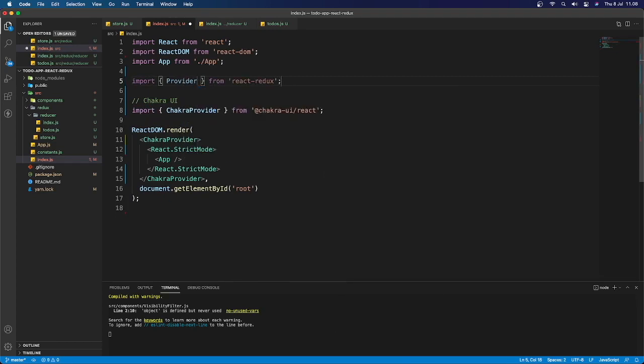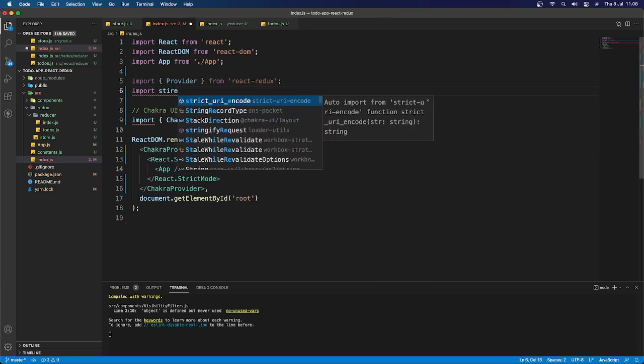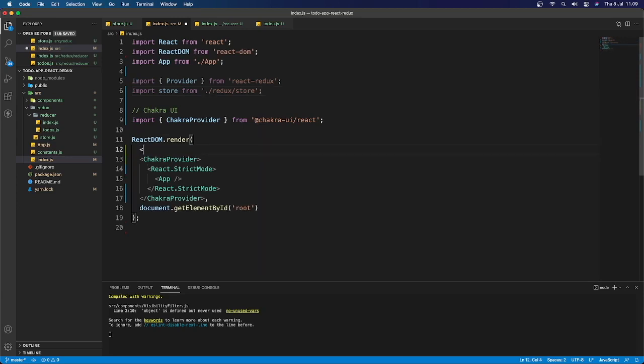Provider from React Redux, because our React app is connected with Redux, so we need to use Provider here. And then we need to import store from ./redux/store. Okay, and we need to wrap our app with Provider like so,